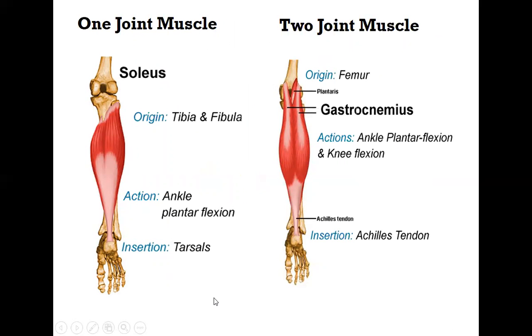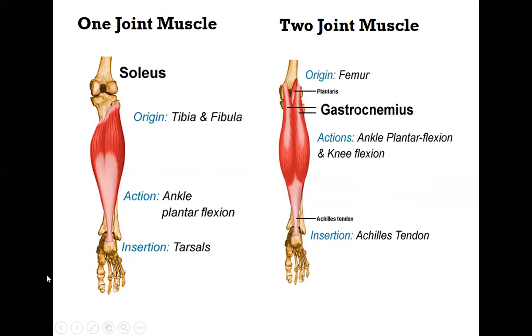So here also you can see the muscle crossing a joint. If you see here, this is the big muscle. This end is called the origin, from the bones tibia and fibula. Okay, so this is the tibia and the fibula, and the insertion is below, into the tarsal bones, one of the tarsal bones called the calcaneus. Then this big part is called the belly, and these two ends are called the tendons. So this is the origin, this is the insertion, this is the belly, and the tendons are the two whitish parts on either side. Action of this muscle is ankle plantar flexion.